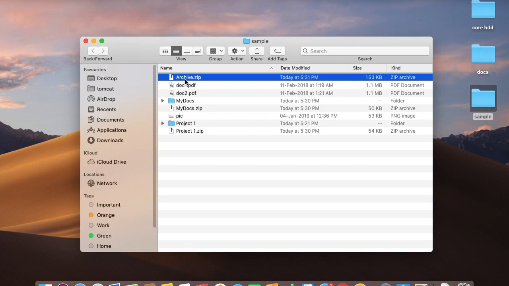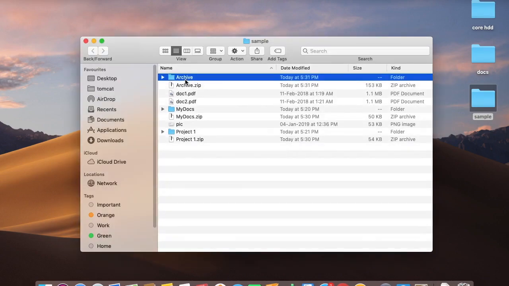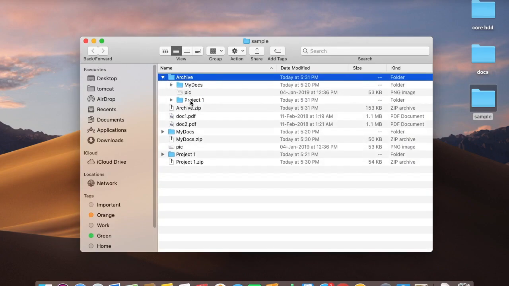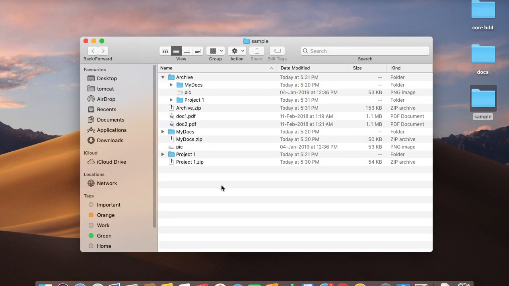If you are compressing multiple files, this is the default name of the zip file which will be created. Once I double click on this archive.zip, it will be extracted and you can see all these folders which I have compressed into this archive.zip file. So this is how you can zip or unzip files and folders on your Mac